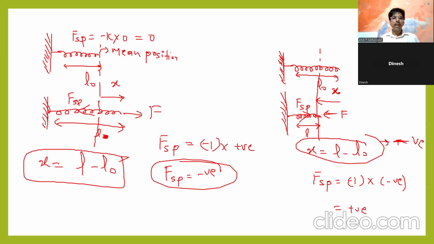So we have discussed what is spring force. I think it is clear to you. F is equal to minus kx. What is x? X is the extension, and we can say it is the displacement from the mean position. Displacement direction is from initial to final. Clear? Now we will start with the properties of,